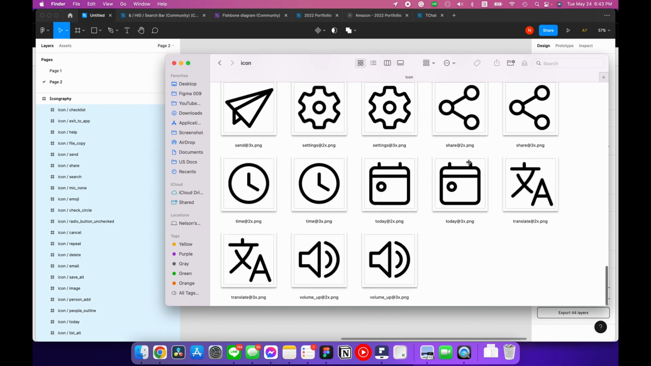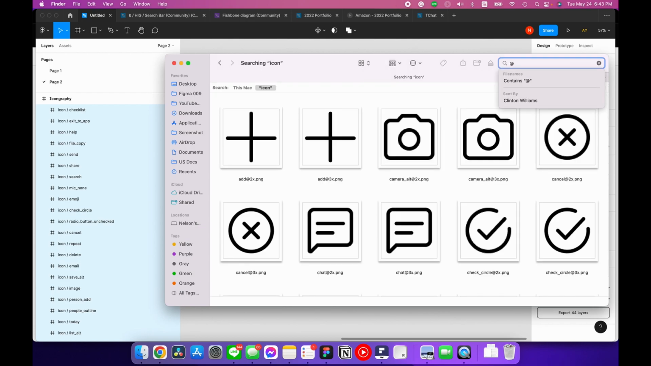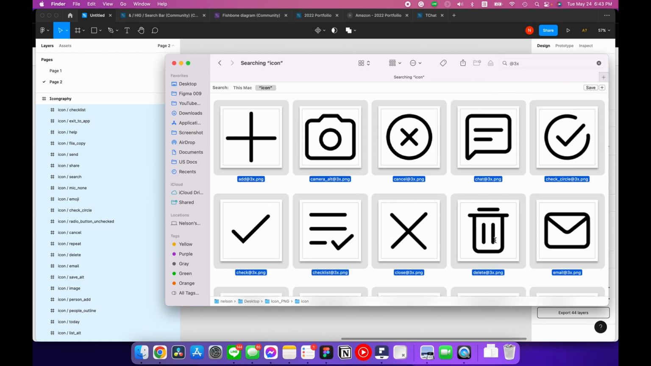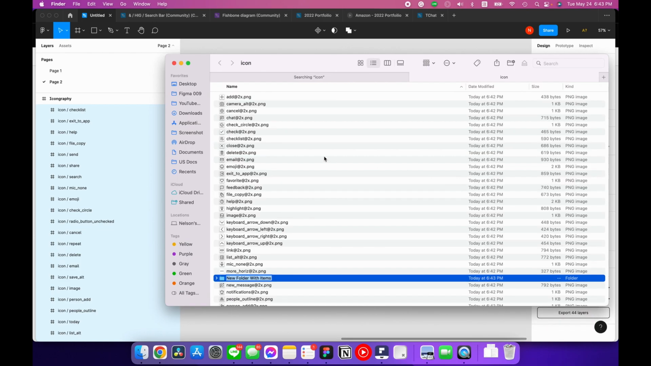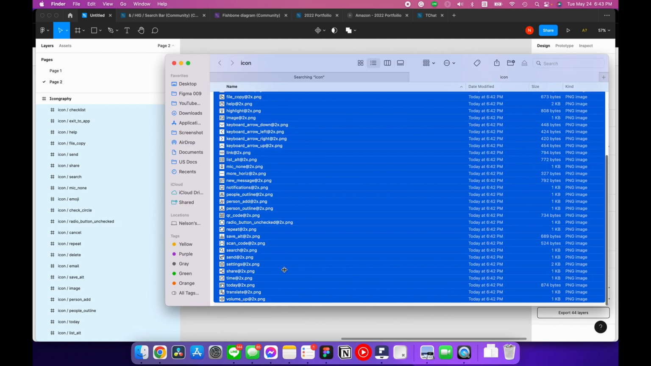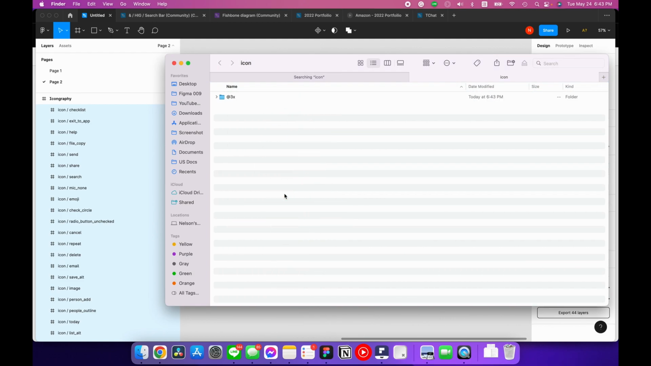We can separate them by searching 3x. Select all, and create a folder for them. The same for the 2 times icons. Now we have 2 clean folders for our team and